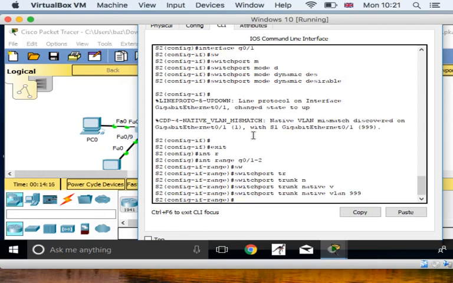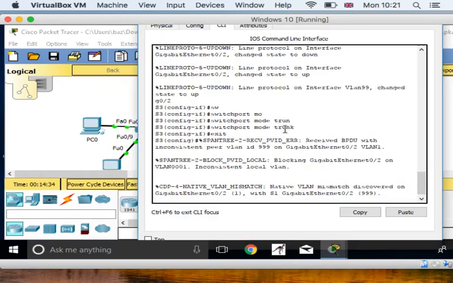This is in S2. While CDP starts to negotiate with its neighbor, and we will see if the VLAN has any issue or mismatch or whether the protocol is up or down, we will go quickly to S3